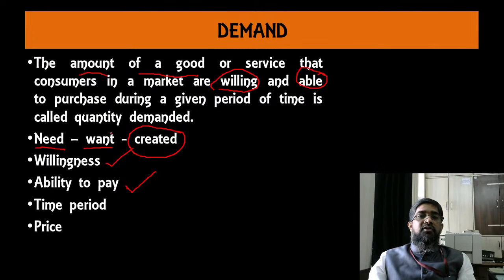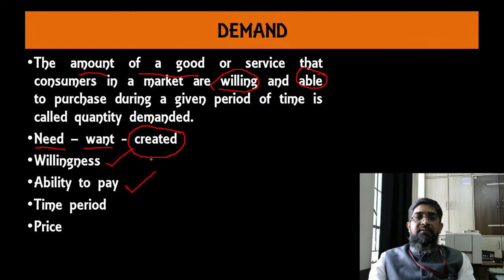So these three we discussed. First, there must be need or want. If these things are not there, they are created by the companies, right? Once willingness is available, there is the ability to pay. If the customer has money, fine; if not, then the credit facility creates this ability to pay. And finally the timeline. Demand is irrelevant without the time element.